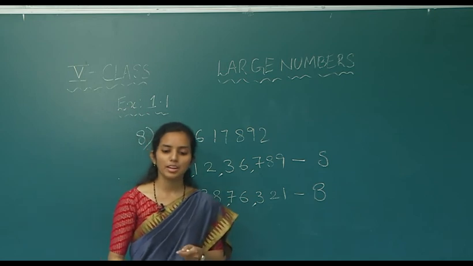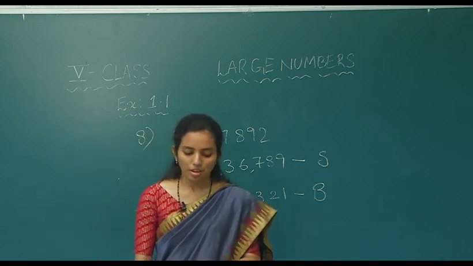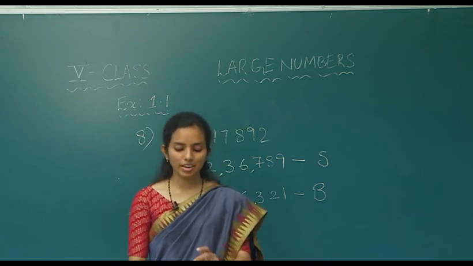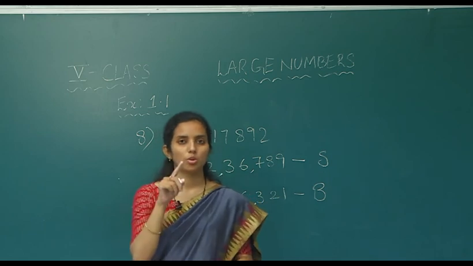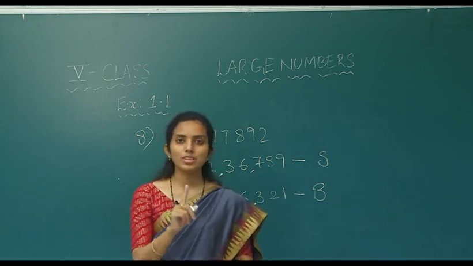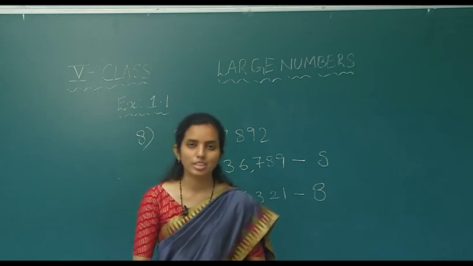In the same manner, he has given us one more example. You can do that example. In example B, he has given us 0. So, make sure that you do not start a number with 0 because it is not valid. Always take the 0 in the second place, do not place it in the first place.